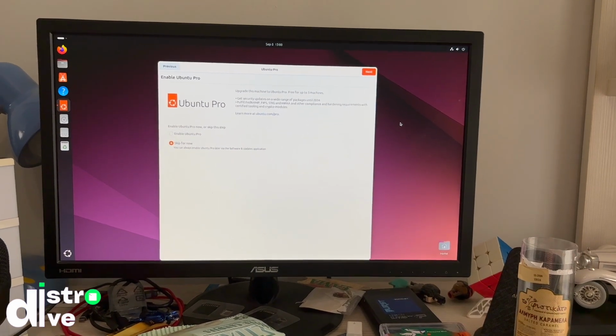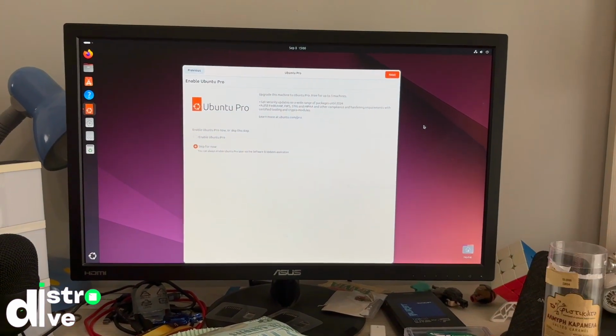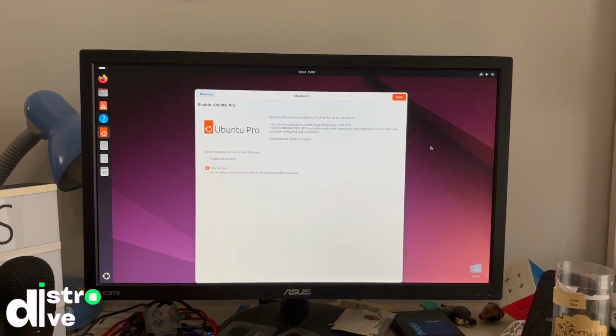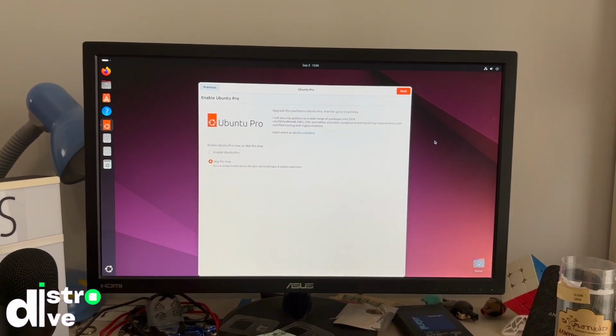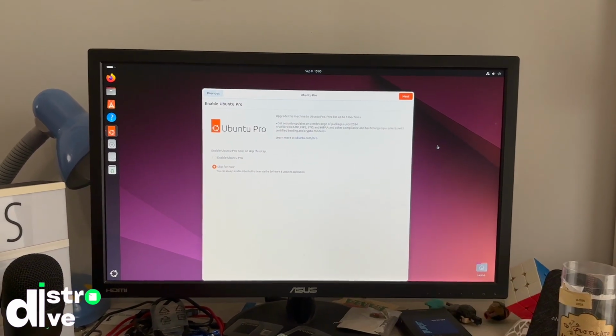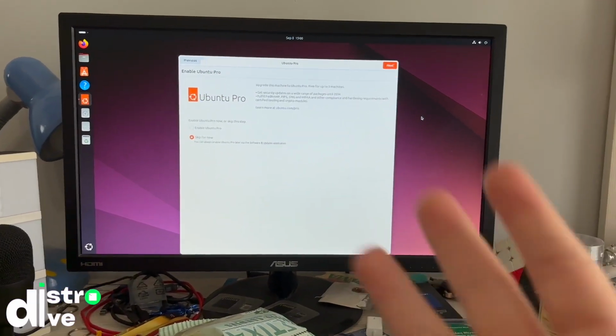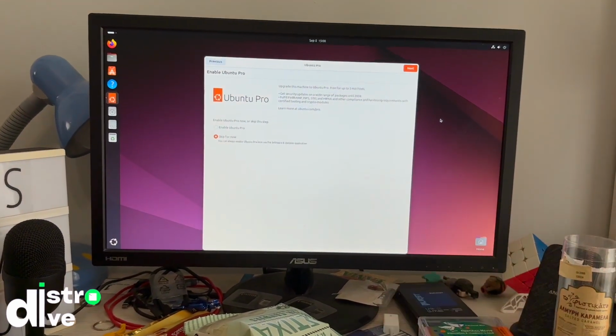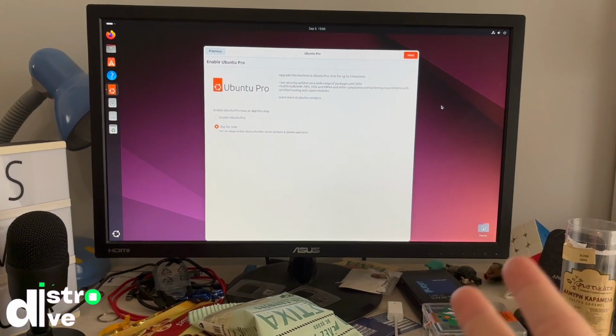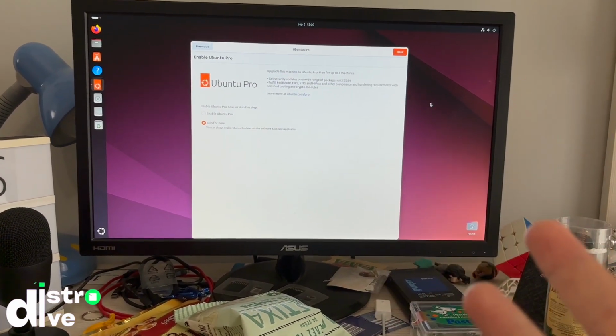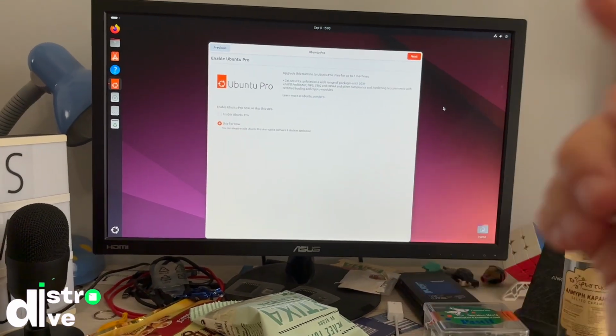It's basically a service that offers updates. Technically, if you don't have Ubuntu Pro, you won't get as many updates as someone that has Ubuntu Pro, and you won't even get some core updates that you need. So this is really shady. Luckily, it's free for personal use up to like 5 machines or something, and I will actually go ahead and